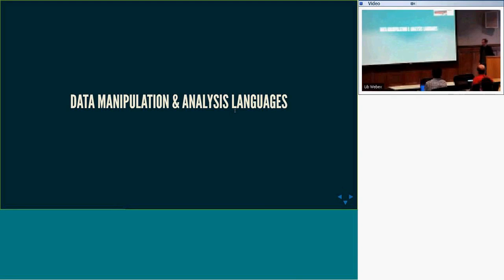Okay, so data manipulation and analysis. Programs can do stuff. Programs can move things around on the screen all day long. I can move the mouse, and a program behind this computer is determining where that mouse is and where to show the little pointer on the screen, and that's all fine. But